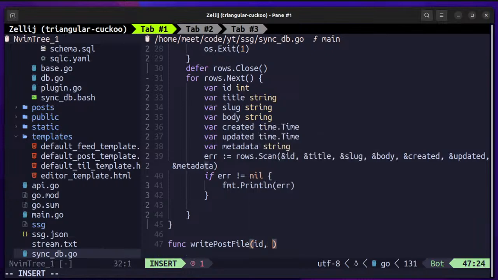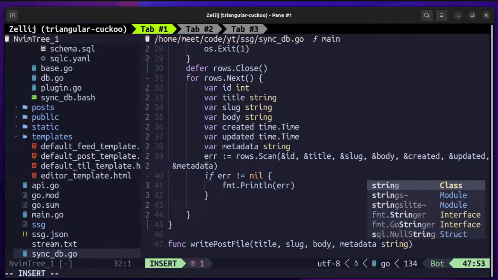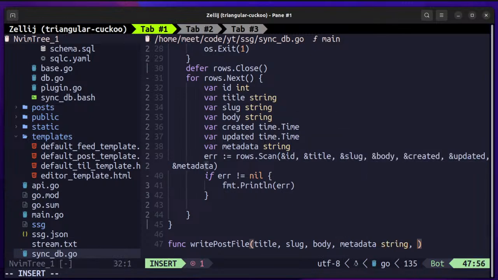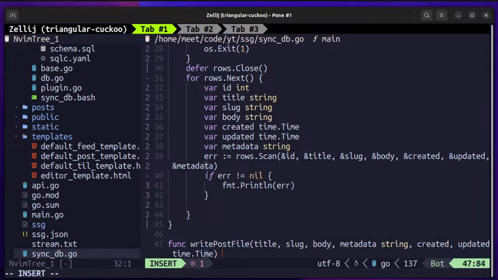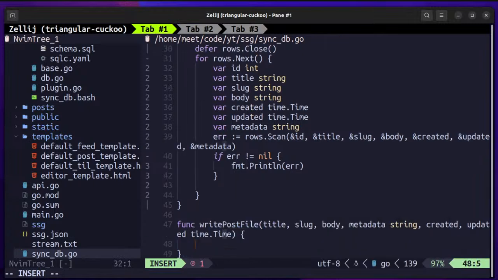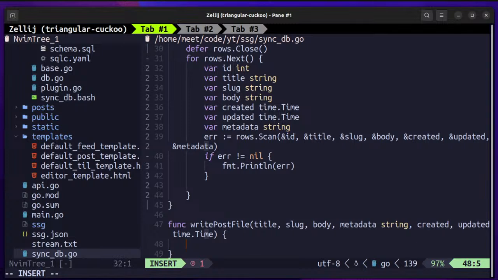which will take in the, not id, the title, the, not slug, yeah, let's pass in the slug anyways, the body and the metadata, which all will be string. And I think we also need created, updated, time, and we need to write this to a file. So what I'll do is I'll